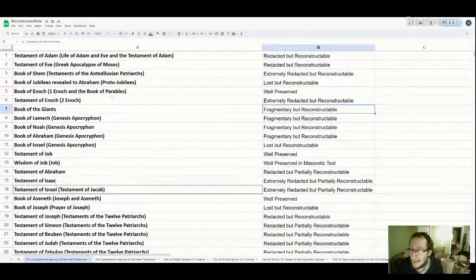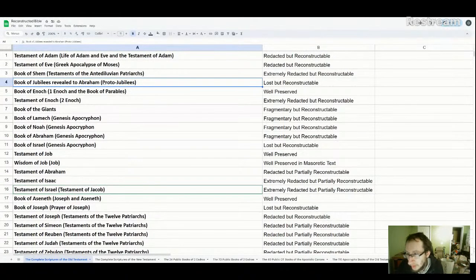Okay, so with that said, how will we reconstruct this Book of Jubilees? Let me share with you guys the fragment from the Dead Sea Scrolls, which does not match Jubilees, but it's so close to Jubilees that either it's a highly different version of Jubilees, or it's a different book, and it's not Jubilees. And if it's a different book, then I believe it is the Book of Jubilees revealed to Abraham. So let me zoom in and share the screen with you guys here.